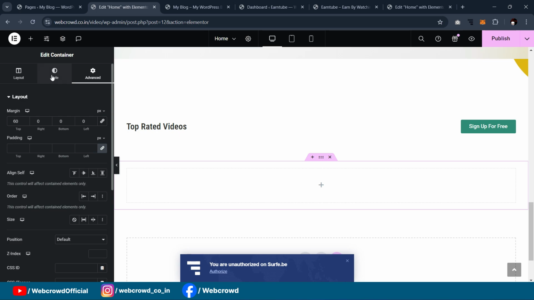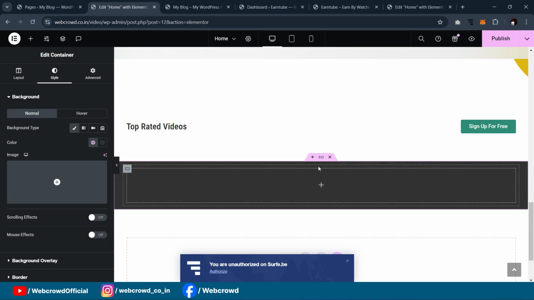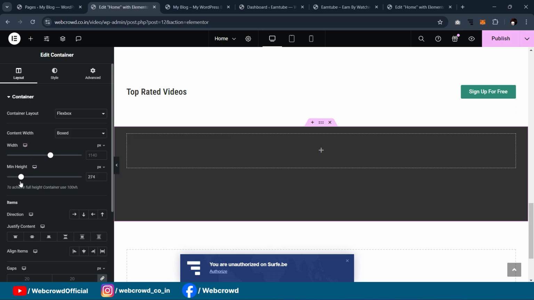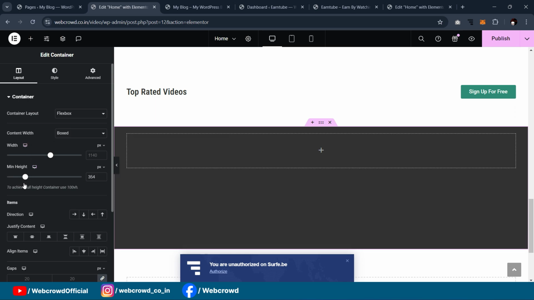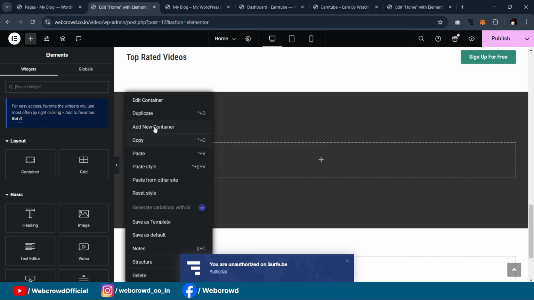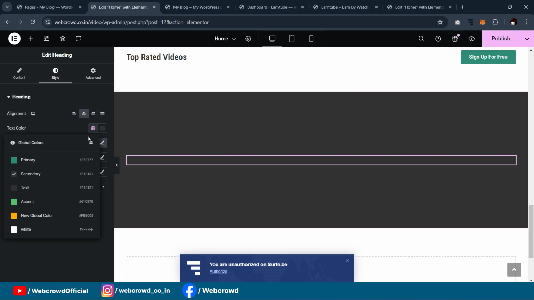So let's add the background color to this container. We'll also increase some height like this, and also justify content to center. Now paste here, make it center, change color to white,